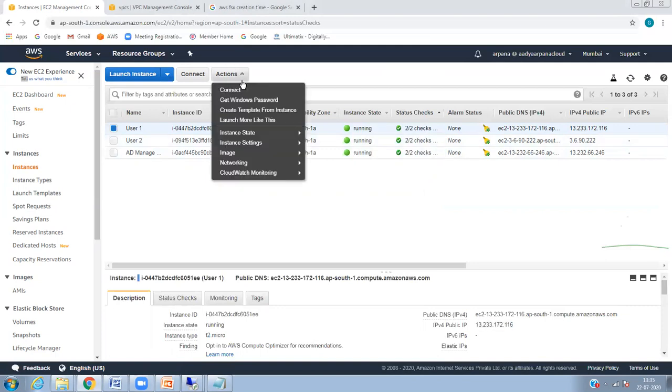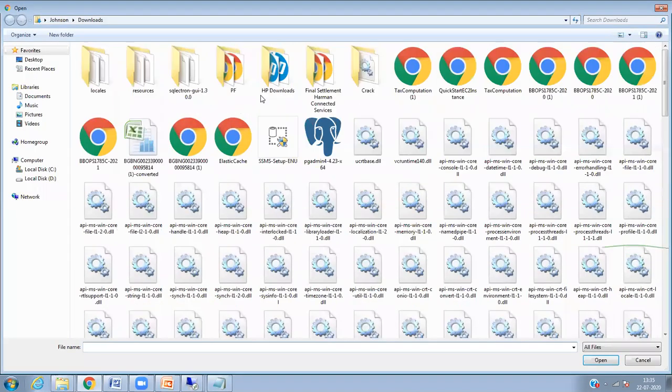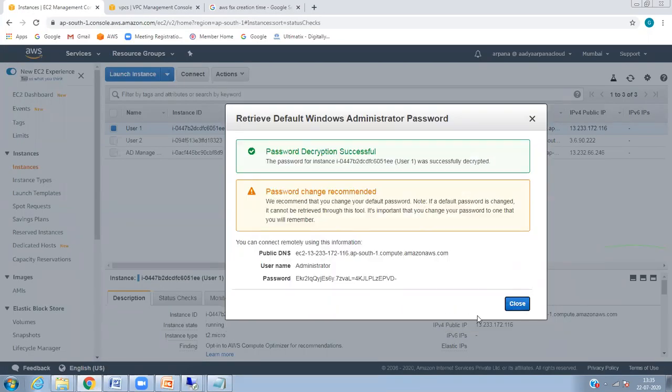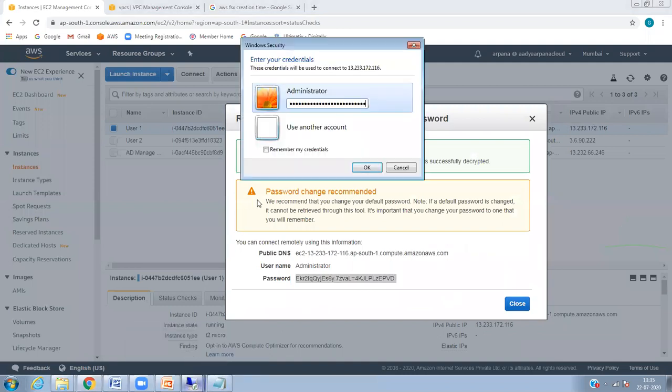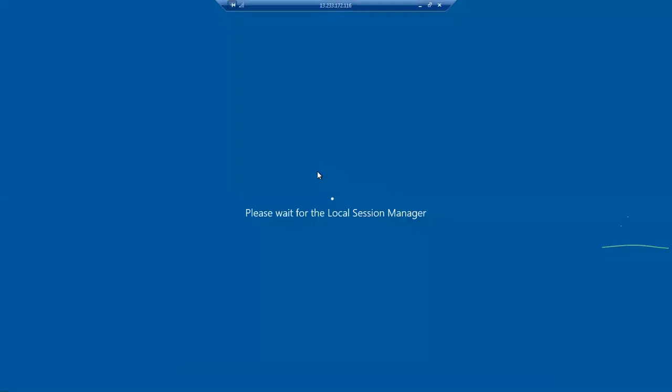And meantime, once you create the user, attach that user, and you can use your own login without the PEM file. Okay, you can use your admin password. You can use your domain password. That also we saw. And later we can keep one class on how to create a user, how to use that user, how to attach it to the EC2 instance, how to give read permission, how to give write permission. That we can see in the next lab. Okay, so that will be easy for us to do the practical.